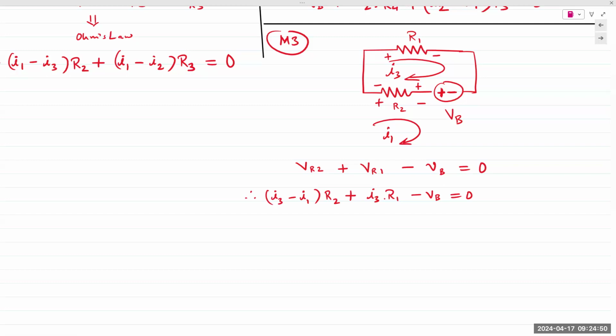That is correct. So the question being asked is, if instead of VB we had a resistor in there, then that would also be shared between mesh 1 and mesh 2. I mean, sorry, mesh 3 and mesh 2. And then that would also be an equation similar to